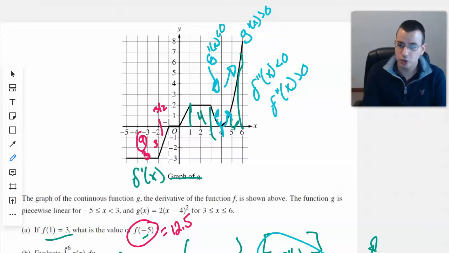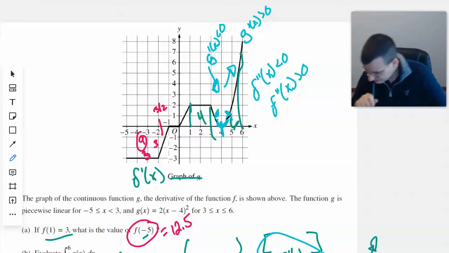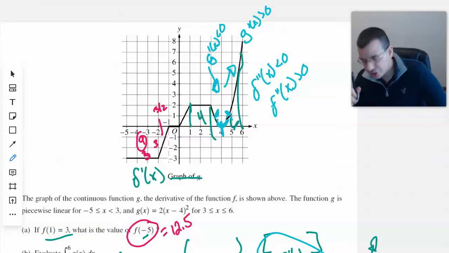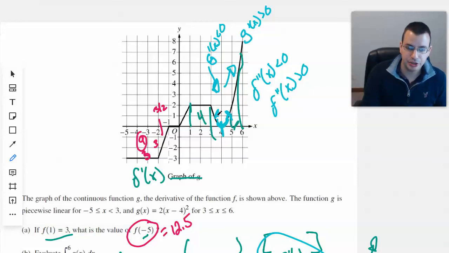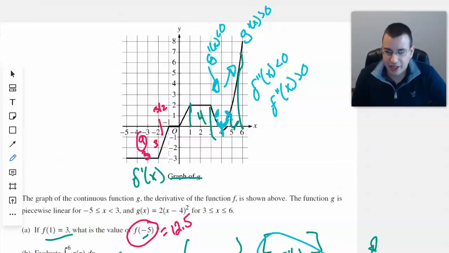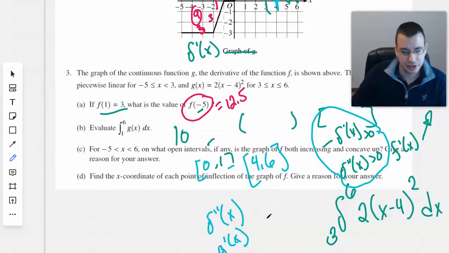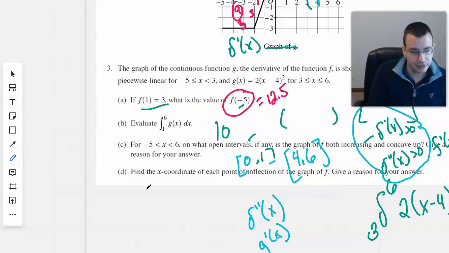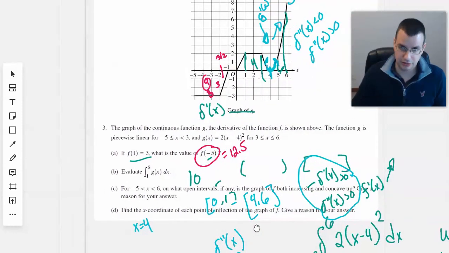Therefore, between the two, there is going to be a change in concavity. And therefore, at this point, because you have a change like that, you're going to have an inflection point. So for this, x equals 4, and the justification I would say would be something along the lines of